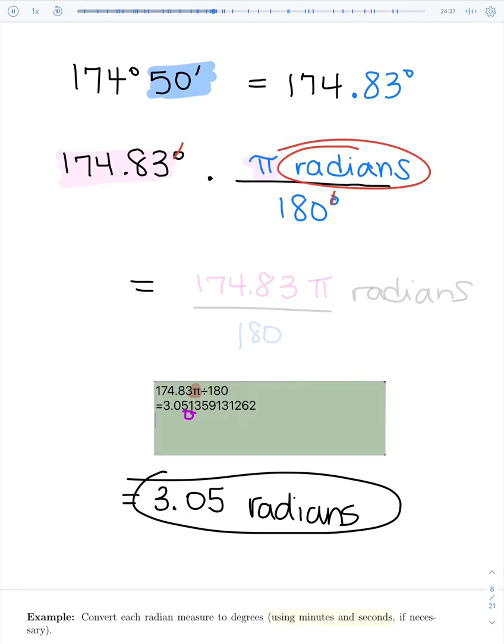So let's see what we end up with. On top, we've got our 174.83 pi, and don't forget your radians. And on the bottom, we have divided by our 180 that was down there. That has not changed. Now we just need to plug this into our calculator. Let's see what happens. In this next group of problems,